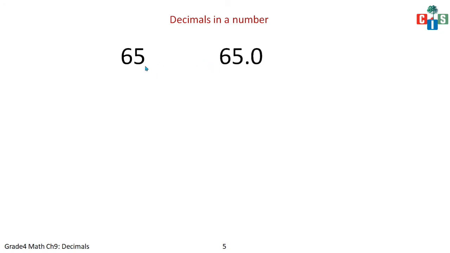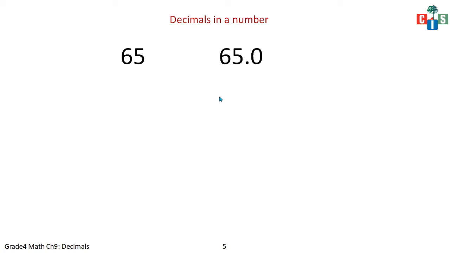Now these both values are the same. If I tell you any number, suppose I tell you 10, it means I have told you 10.0. If I tell you 5, it means 5.0. These both numbers are the same. The value of these both numbers is the same. Clear? If I tell you 27, then 27 is equal to 27.0. By default, the decimal point is placed next to the units place.